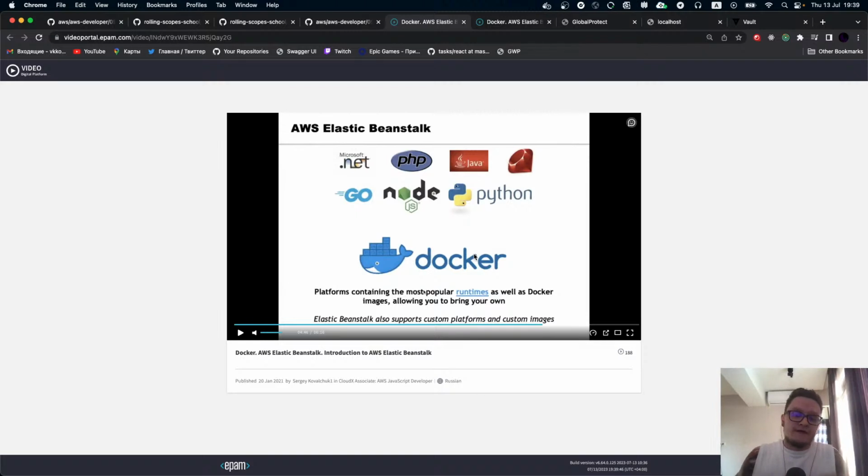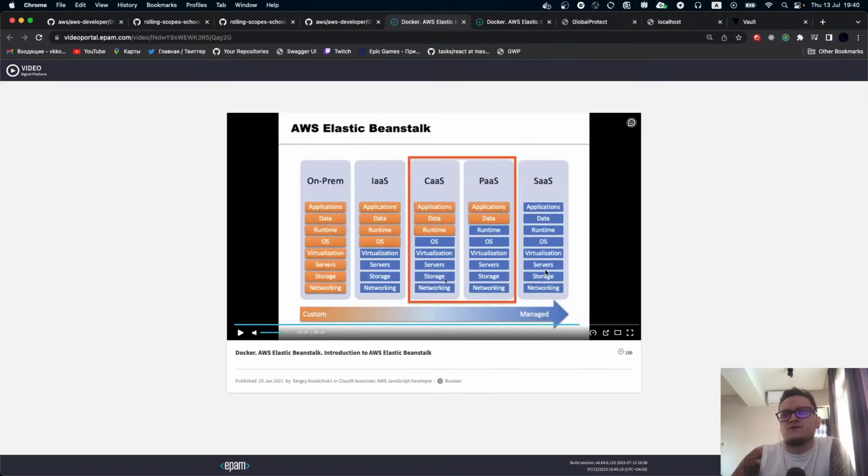You create builds, create Docker containers, and just set this container inside Elastic Beanstalk, and it's like, all right, I'm just running this stuff, and it works better, because you don't have to manage the operating system of your Elastic Beanstalk. We just set it with Docker and it's okay.